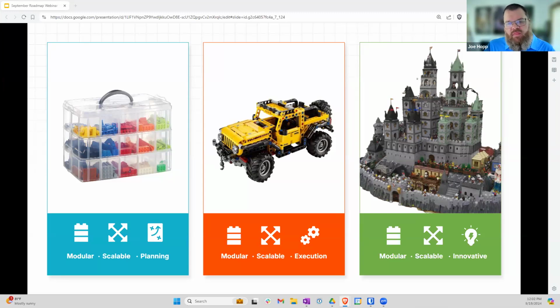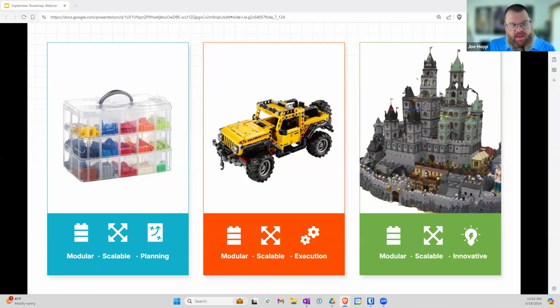When you're building with Legos, you have to have a plan. It has to be a detailed plan. You need to know where everything goes. Next, you take your plan and then you have to execute on that plan. That execution is really important because you have to follow the steps to make sure you get all the pieces in the correct space and spot. So at the end of the day, you'll get a design like here in the middle,